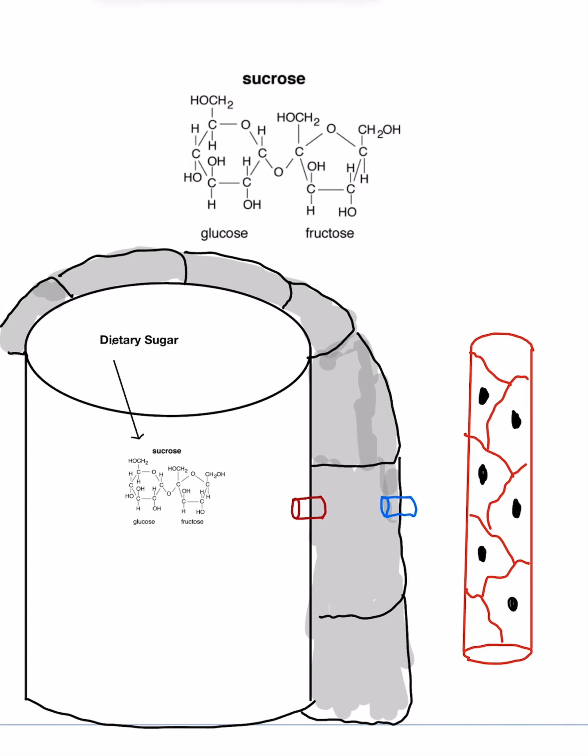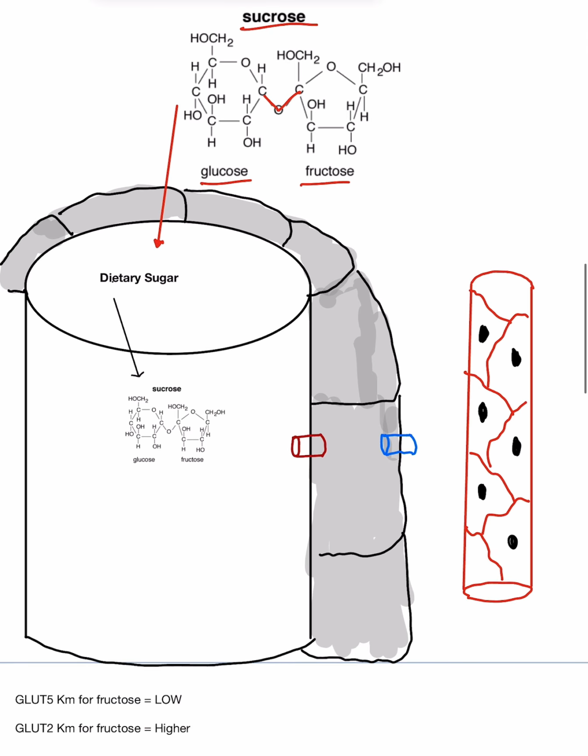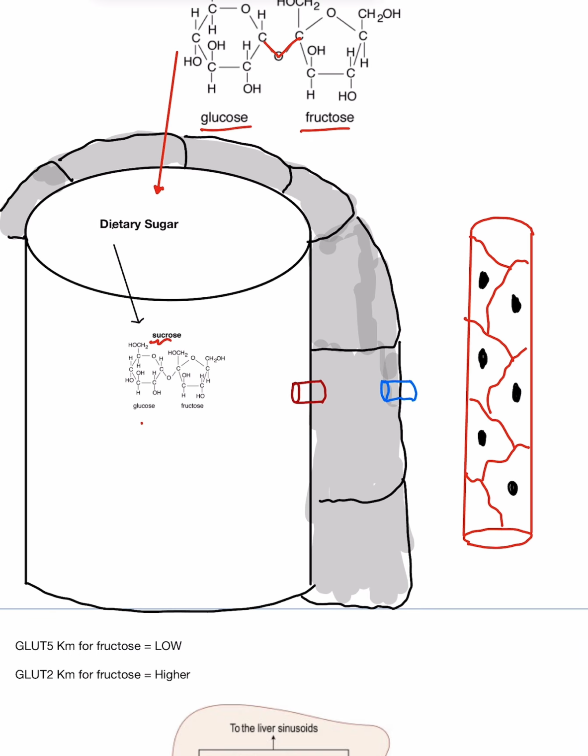Dietary sugar is commonly in the form of sucrose, which is simply just glucose and fructose bound together by a glycosidic linkage. And dietary sugar is primarily digested within the small intestine. So sugar will enter the mouth, go through the esophagus, eventually enter the stomach, and then enter the first part of the small intestine, where this sucrose molecule right here will encounter an enzyme called sucrase